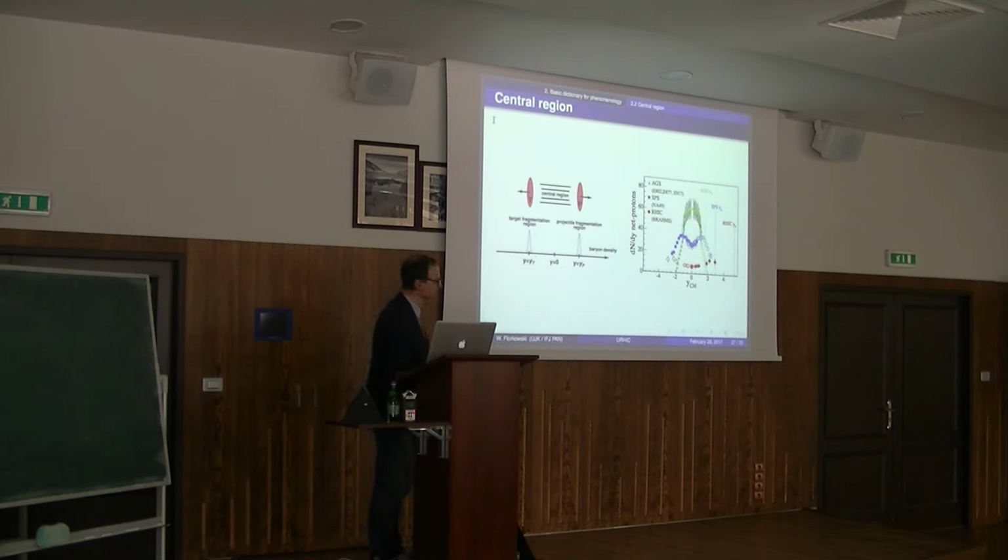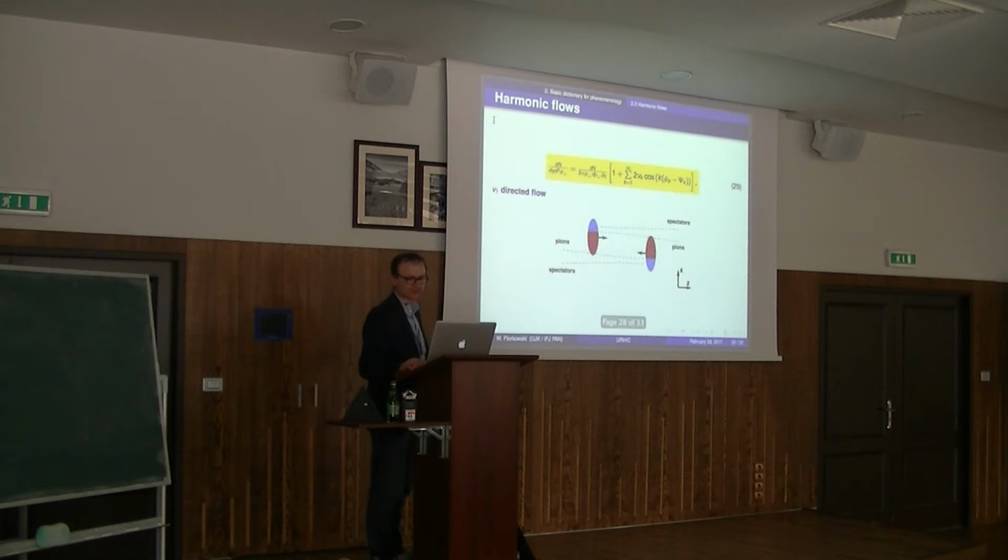At mid-rapidity the baryon number density goes to zero, so this is the place where one can really compare theoretical calculations with lattice results, because if you run hydro for this region and use an equation of state, you can take the equation of state from the lattice, and this is just the first-principle input for hydrodynamic calculations. Now, if you measure transverse momenta and the rapidities of the particles, then you can make decompositions in